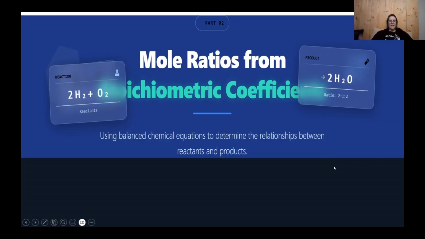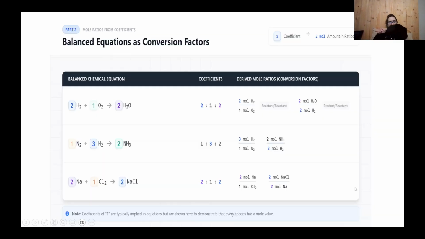Okay, so next, now that we know how to use mole ratios within a compound, we have to know how to use mole ratios in a chemical reaction using stoichiometric coefficients. In order to do this, you have to have a balanced chemical equation. If your equation is not balanced, then you will not have the right mole ratios represented by